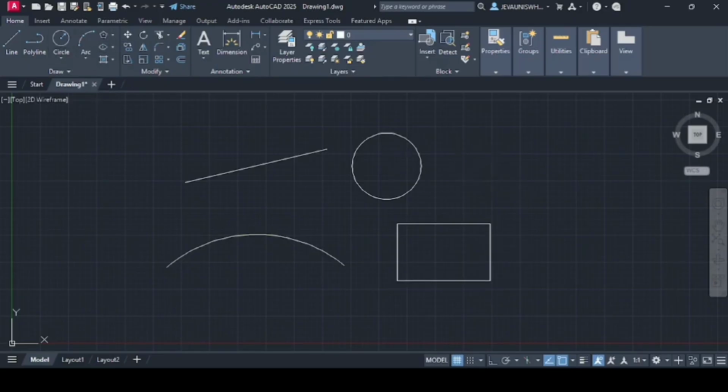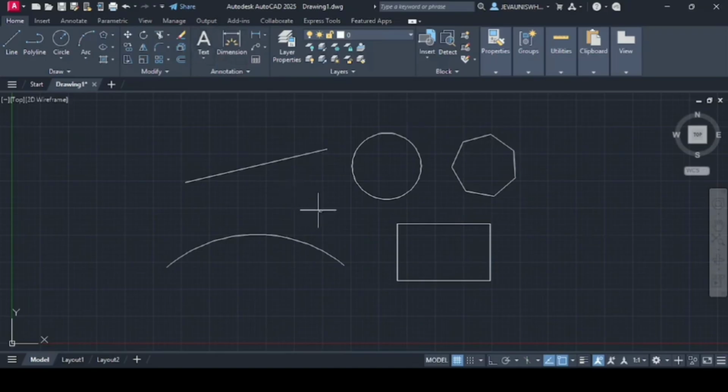polygon creates regular polygons. We specify the number of sides, so here I can just put 7 and select the center right here, and then inscribing circle means that it's inside the circle. Circumscribe means that it's outside the circle. So I'll just pick inscribe, and that's the polygon. Now